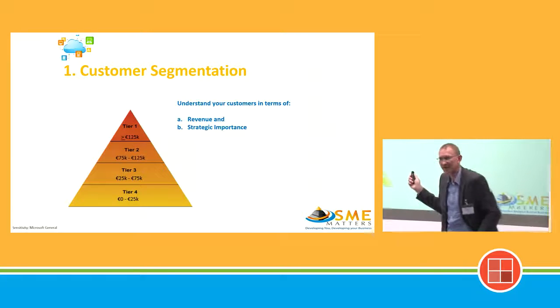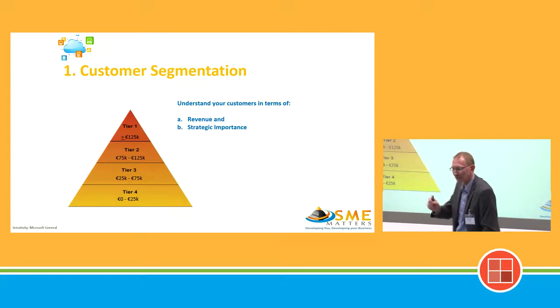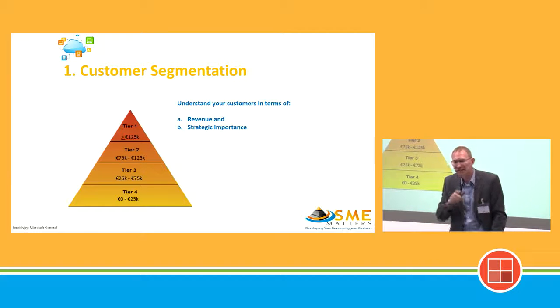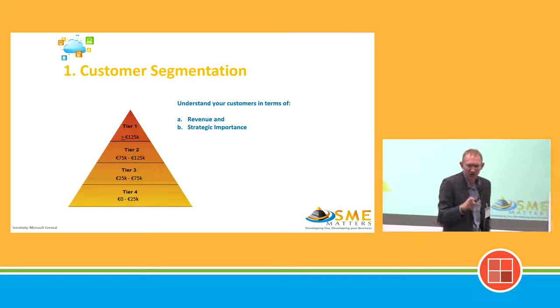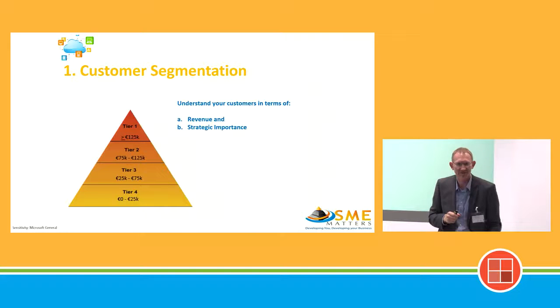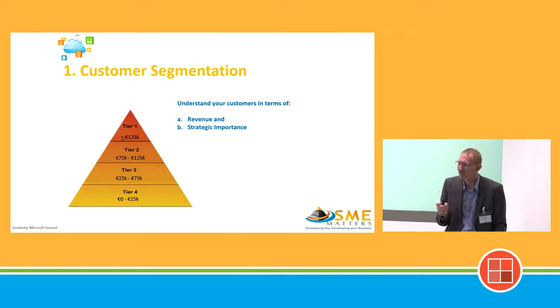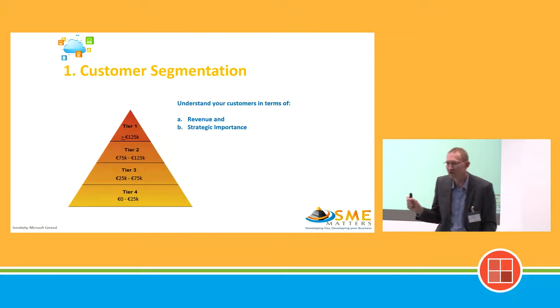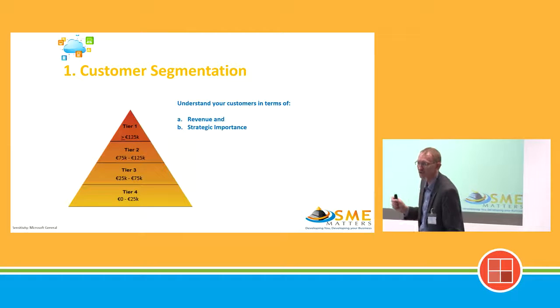When I do the first pass on revenue, we make sure that we're happy with it. And then we look down through the pyramid and go, do you know what? Is there any customer in there that should be a Tier 1 customer but isn't? Is he generating revenue of a Tier 3 customer, but I've got the feeling that if I look after him well and I strategically place him as a Tier 1 client and treat him like a Tier 1 client, he's going to start generating revenues like a Tier 1 client? So on the first pass it's on revenue, on the second pass it's on strategic.